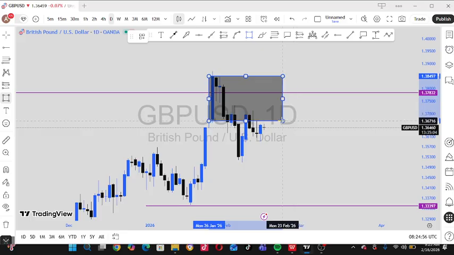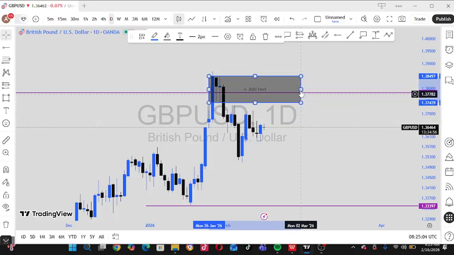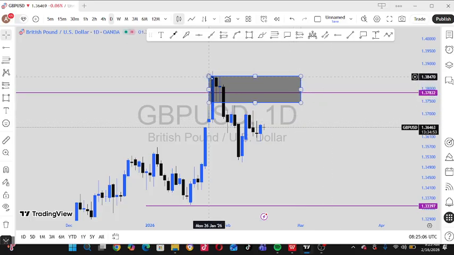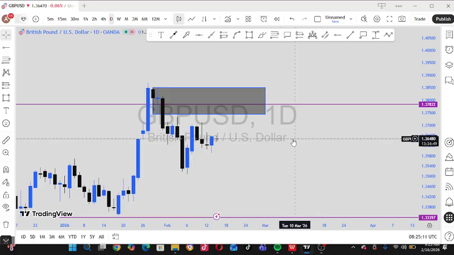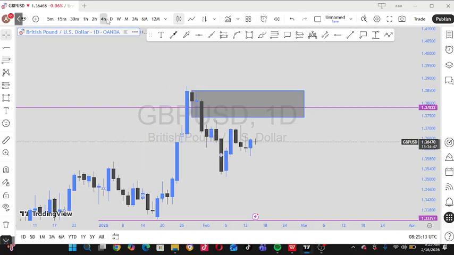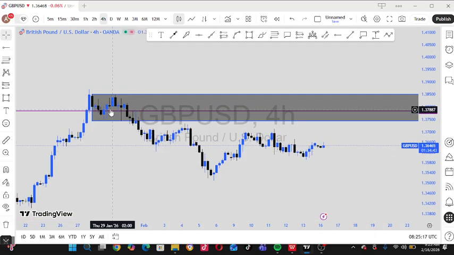Now, GBP USD gives us this supply zone which market has mitigated. Then what do we have? We have this inner supply zone also which market has not mitigated. Can you see? Market has not mitigated, which we expect market to come back there later. Then let's see. On this, we have,